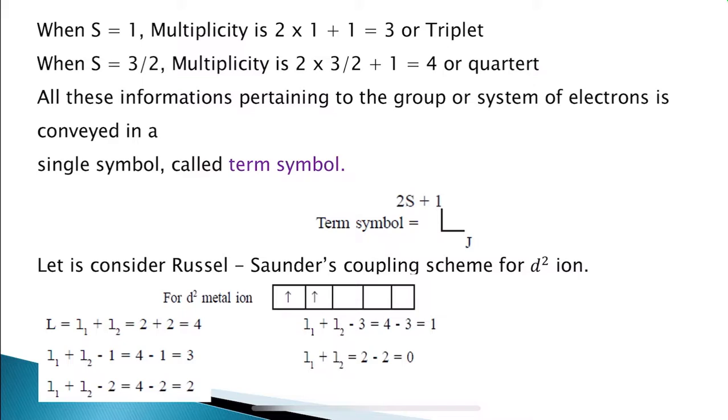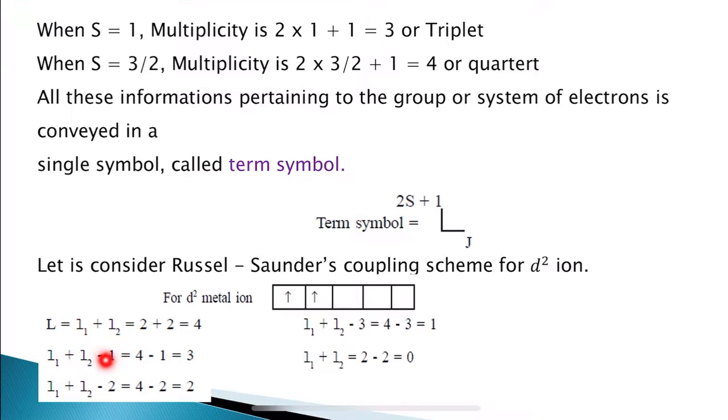The next vectorial combination is L1 plus L2 minus 1. Since L1 plus L2 is equal to 4, which I have already calculated,